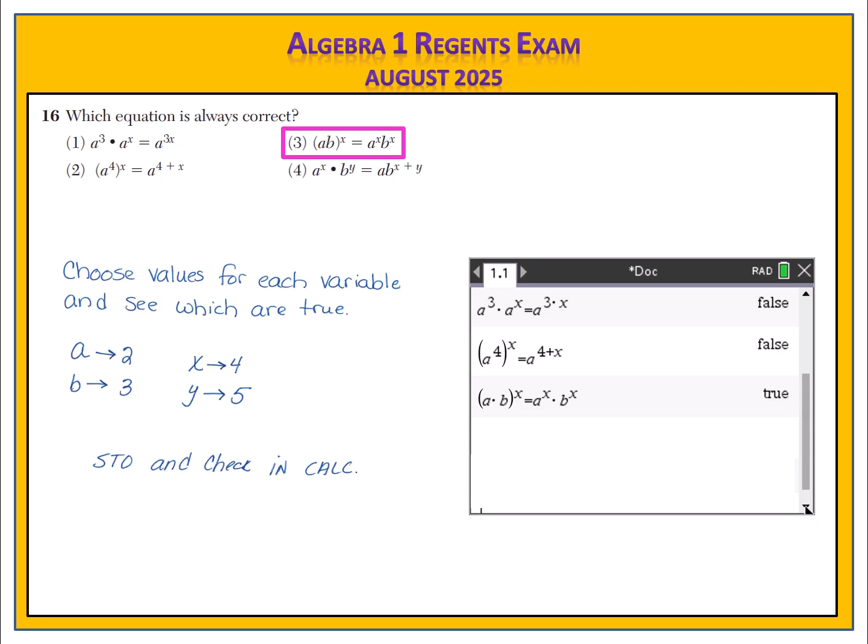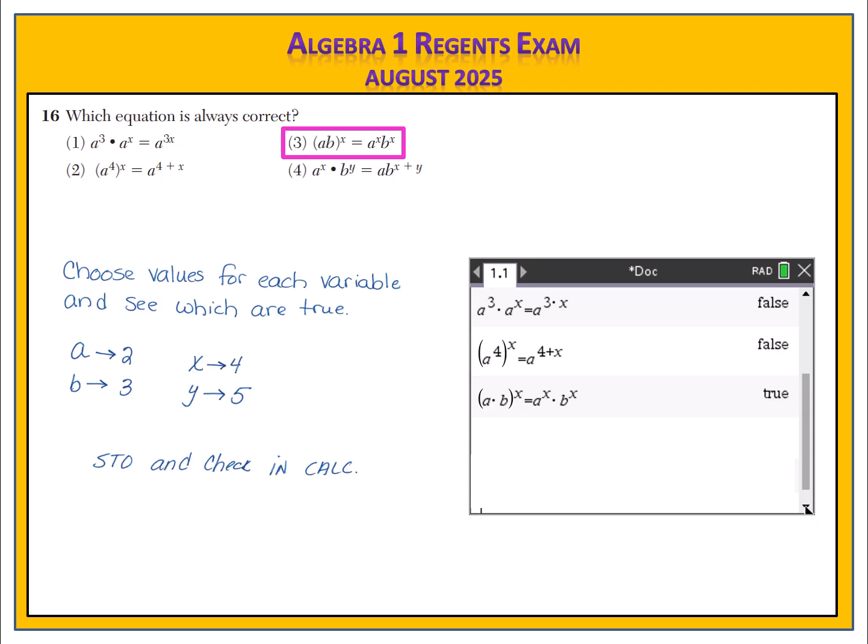Now, this true doesn't necessarily mean it's always correct. It means it's correct for the numbers that I put in. I still have to check all the other choices to make sure they say false. If they do say false, then I will have found my answer. But if more than one of them comes up true, I'll have to pick some different numbers and test those